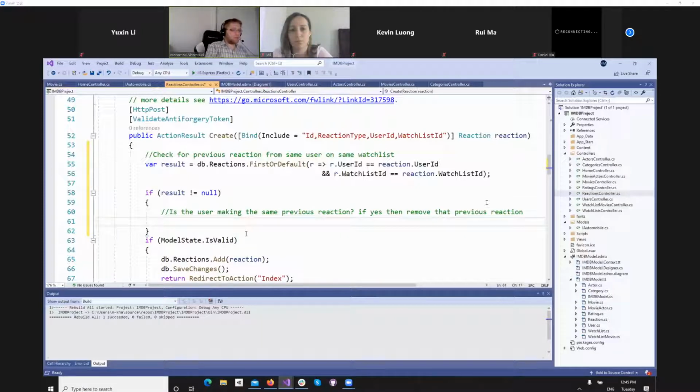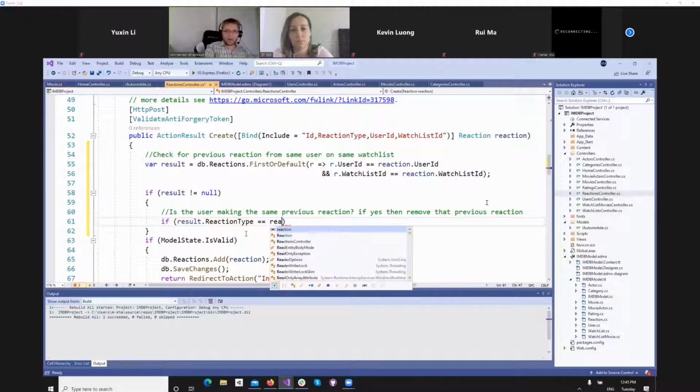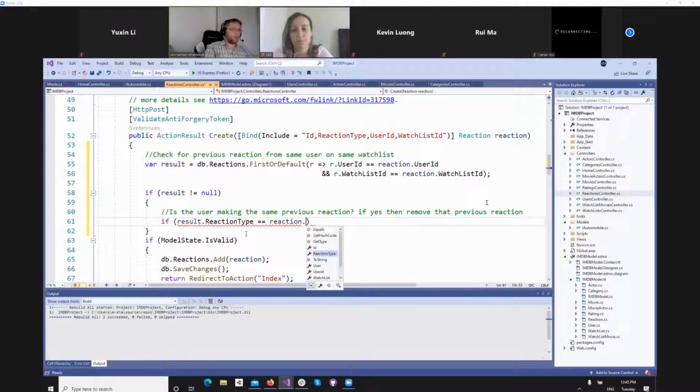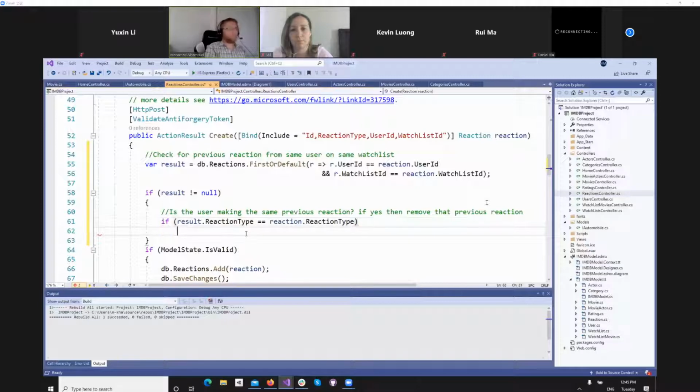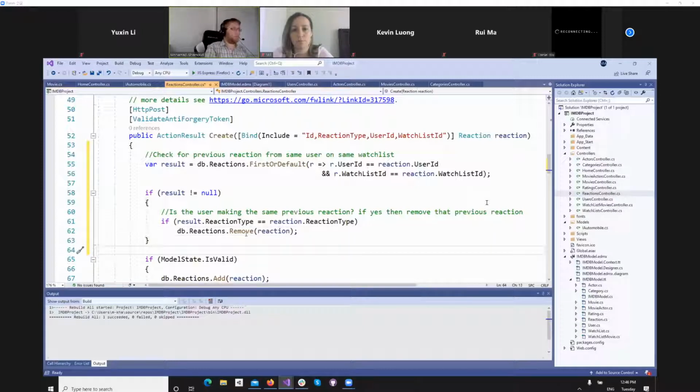So if result.Type, we called it yesterday ReactionType, equals the one you are doing now, then what should you do? db.Reactions.Remove(reaction). Okay, else, sorry, no, we need else inside. So else, otherwise,